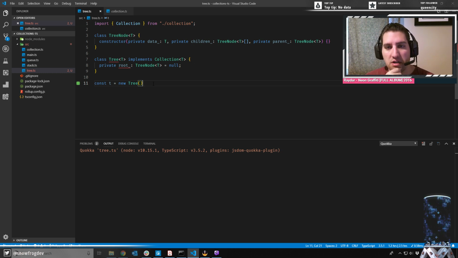In just a generic tree that we could use, yeah, we need a way to add. We need a way to add children to a specific node. So can I actually just have